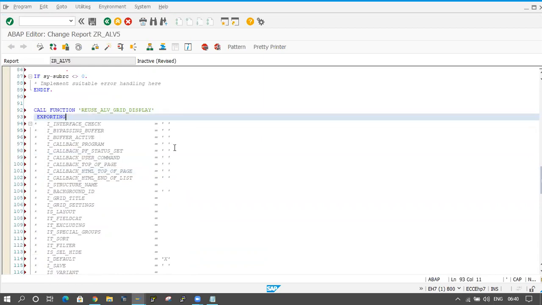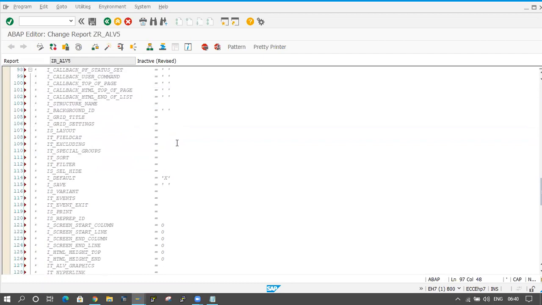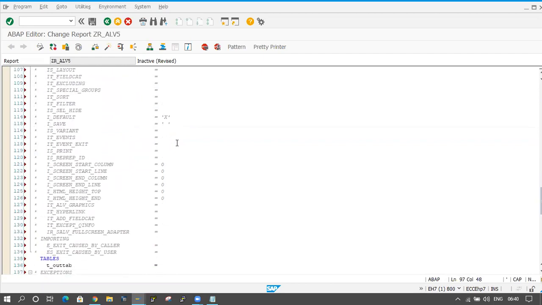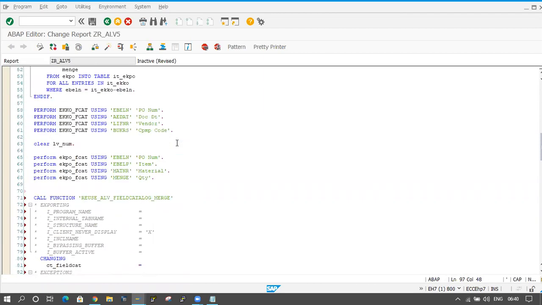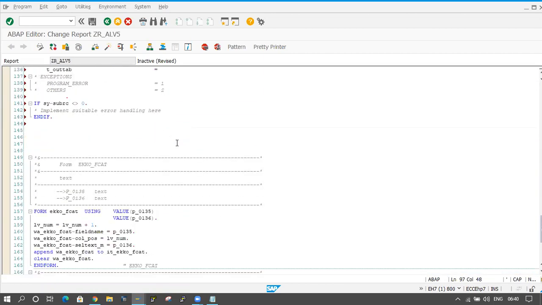I_CALLBACK_PROGRAM is SY-CPROG. What is the field catalog internal table here?